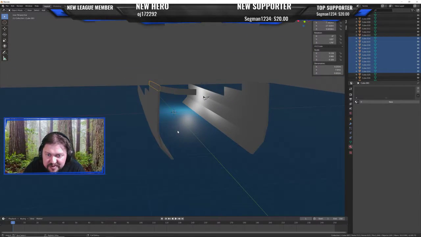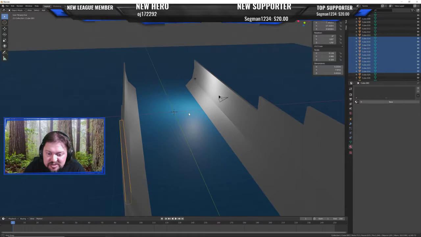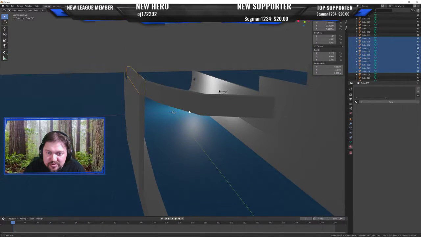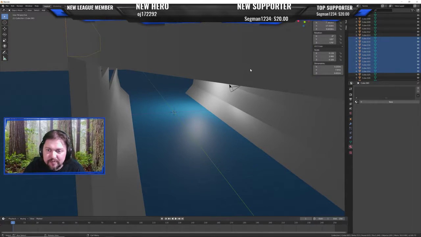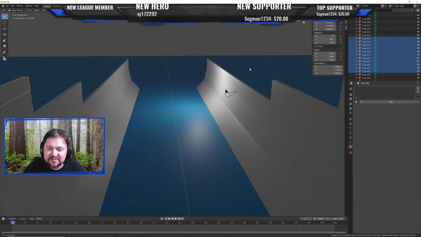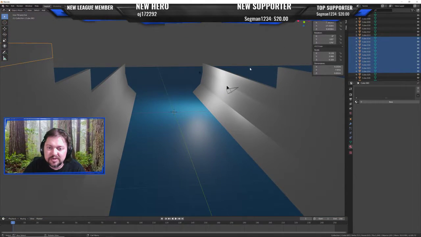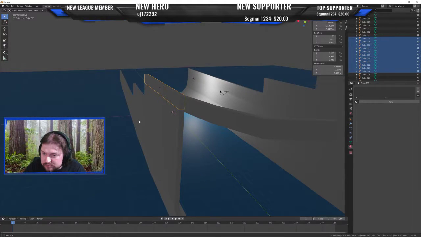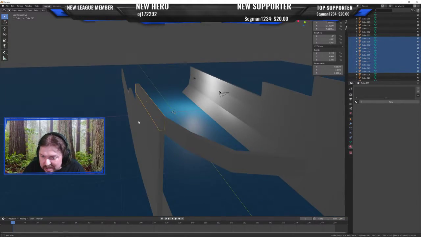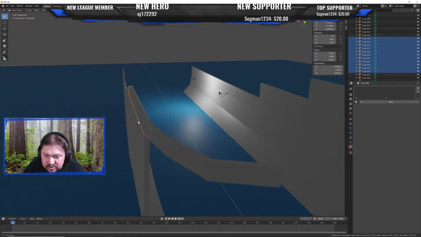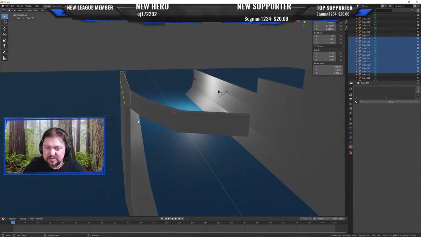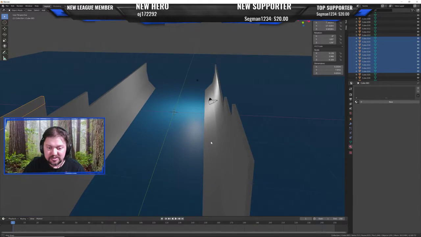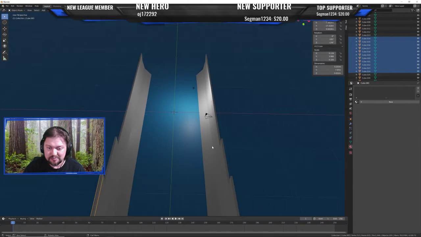Oh, let me see if I can zoom in here. Ooh. Zoom in here. Not like I need the block in my face, though. Oh, I'm in front of it. All right, so here we go. All right, so there, I don't see a noticeable hole or anything. So, with that being said, let us move on